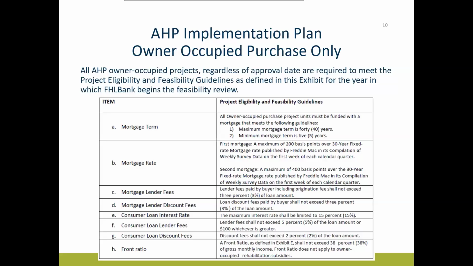Again, I'm not going to go through them individually, but please make sure you're familiar with these, that the lender that's working with you on this program is familiar with these, if you're working with a third-party lender. Please make sure they have these guidelines and that each of the loans that you're working with do meet these guidelines. If you're having problems meeting one of these guidelines, please reach out to us prior to closing so we can help you figure out a solution if necessary, to either get within guidelines or if an exception is going to be allowed. Again, please reach out prior to closing though.